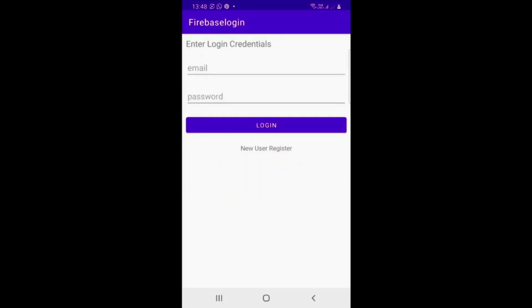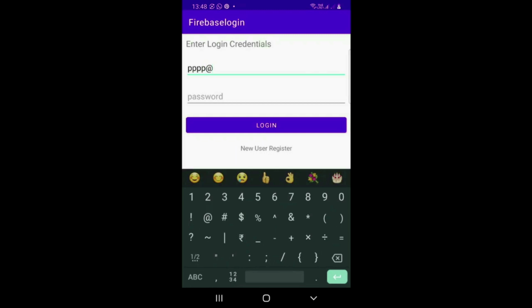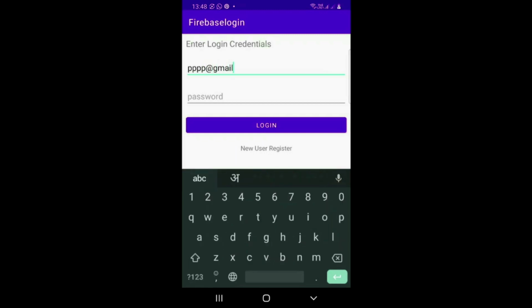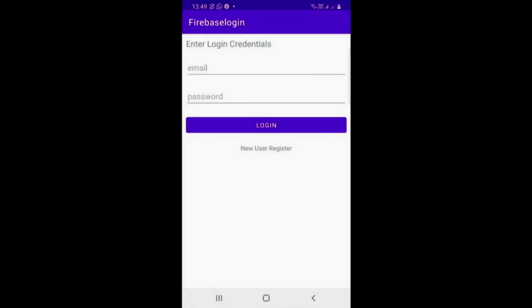Then you press the logout and if you enter the wrong credentials, you will see a failure message coming here. Our exception error has come. So this way it is done.